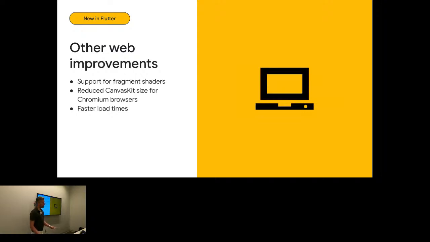Just a couple other web improvements. If you use fragment shaders, it was supported on iOS and Android. They added that to the web. So your existing logic for any shaders that you do for some fancy graphics carries over to the web now. And then there was just a lot of general performance enhancements and improvements. So one of them, CanvasKit, was decreased in size on Chromium browsers. And then I don't remember exactly why the faster load times. It could have been because of the CanvasKit size,